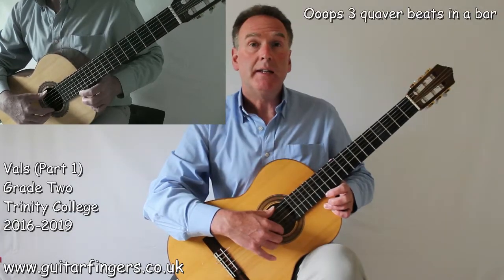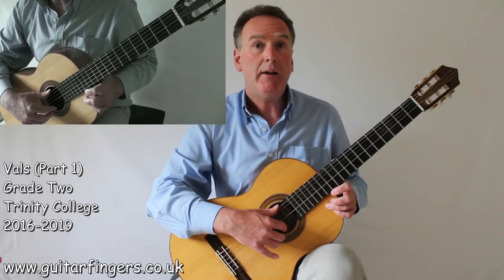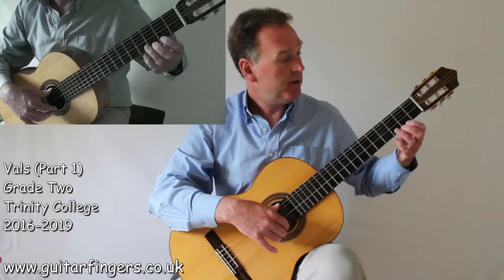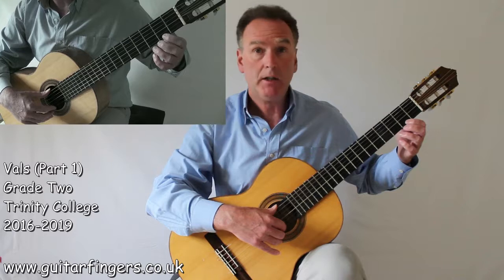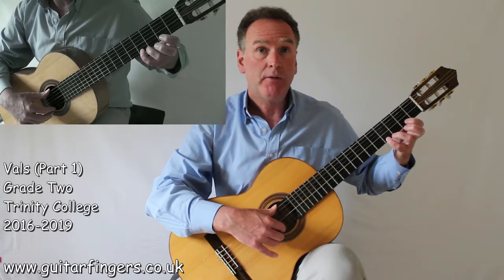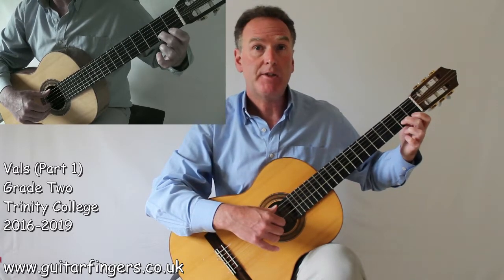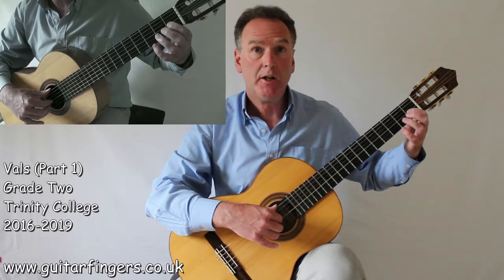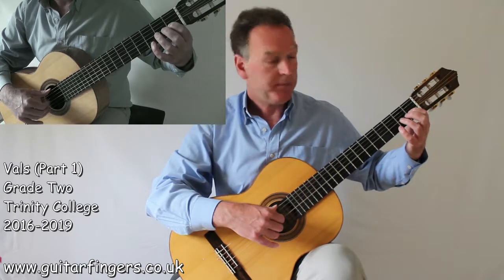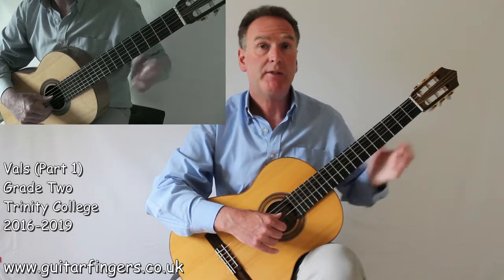3/4. The key of the song is A major, so we have 3 sharps, C sharp, F sharp and G sharp. So if you're needing a little bit of familiarisation with those again, we have on string 1 F sharp, fret 2. We are going to play a G sharp on fret 4 of string 1. We're going to play a C sharp, fret 2 of string 2, and a G sharp on fret 1 of string 3, and I think somewhere in the song we probably also play an F sharp, which is fret 4